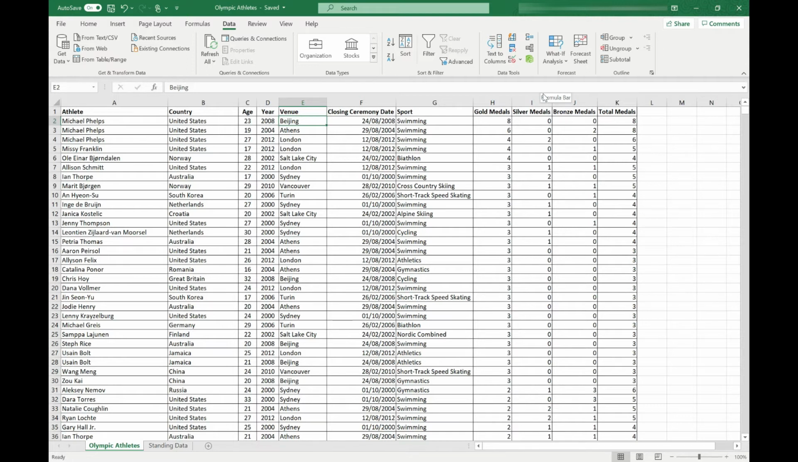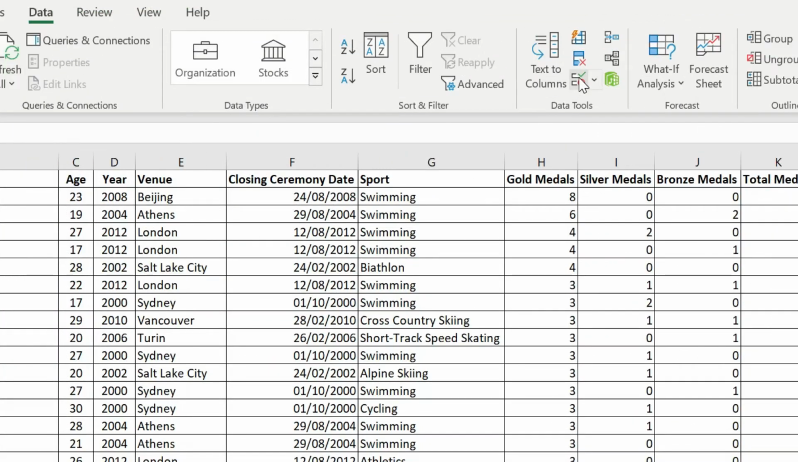So the first thing we're going to do is add a new column to our table, which we're going to use our validation on. We're going to call this column Season, and this will allow us to add whether the Olympic Games was a summer or winter Olympics. The first thing we do is select our entire column that we want to validate, and come back up to our data validation menu here,